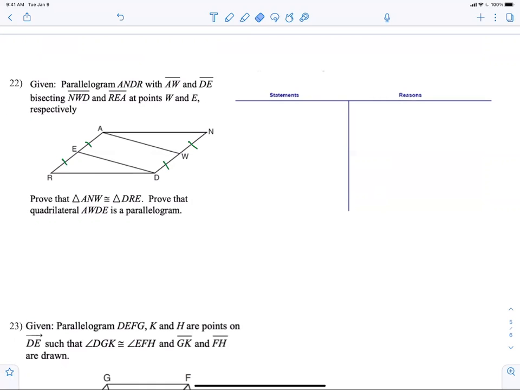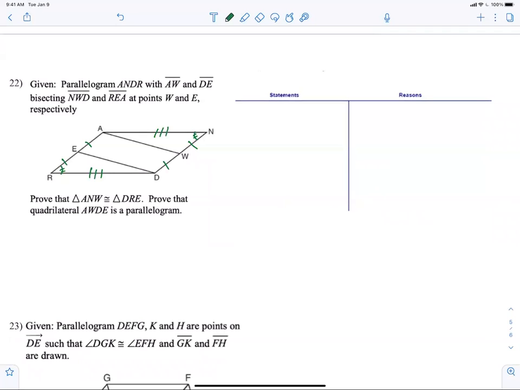Angle R is congruent to angle N. Hold on. Then RD is congruent to what? AN. And then side, angle. Prove that A and W. It's such a good idea. Yes. Now once we have that proven, we're just going to continue with the next part, which says